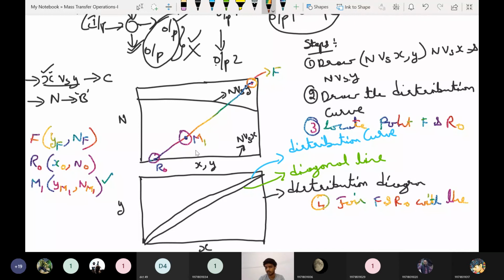So this will be M1. Usually you have to see whether that point is falling on this line or not. If it is not falling on this line, then it is incorrect; some data you have calculated wrong. Usually it will come on this line only. Then the next step is to locate point M1, whose coordinates we have given here. Then draw the tie line. So the tie line from this point you have to draw. How can you draw the tie line? See, you have to draw the tie line like this.